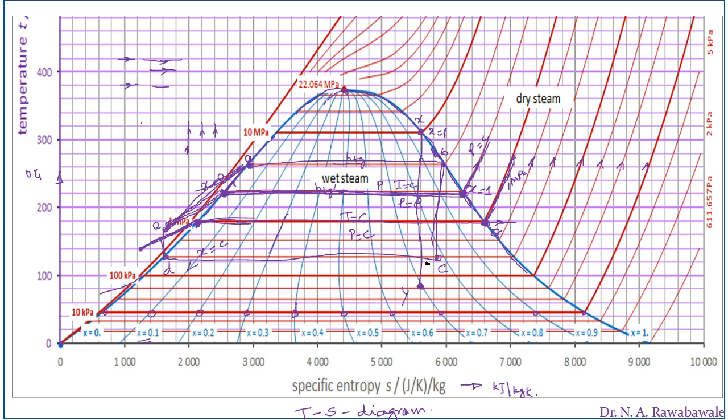So if steam is expanded from point X, between point X to Y, the dryness fraction of steam starts to decrease, and at point Y we can get dryness fraction as 0.7. So this is the use of this TS diagram to know the quality of steam at a particular point. Quality of steam can be determined with the help of this TS diagram also. Now coming to HS diagram,